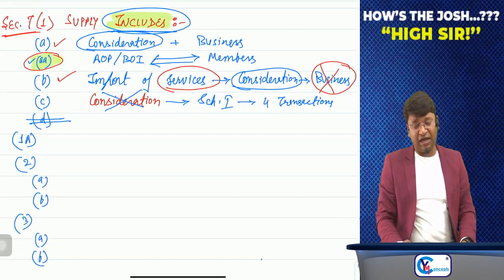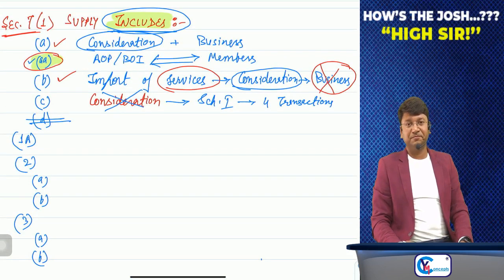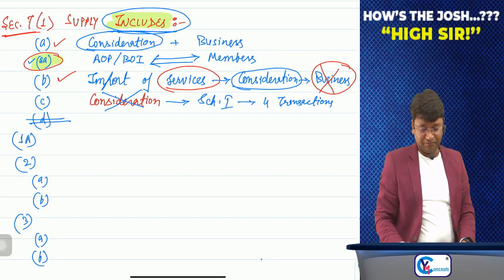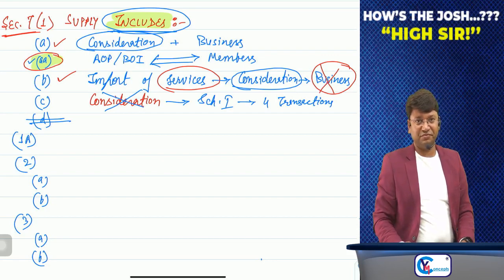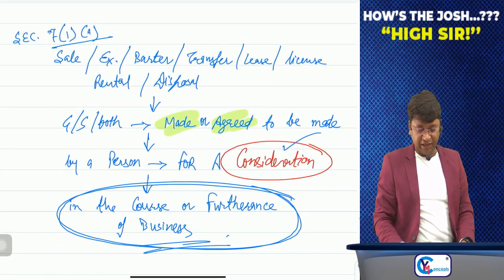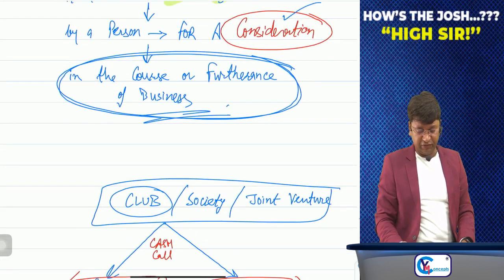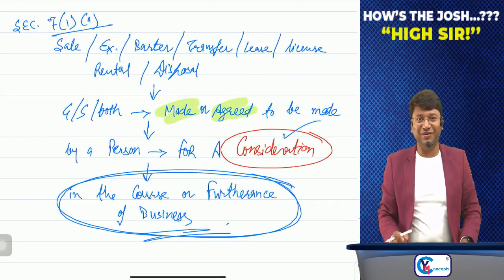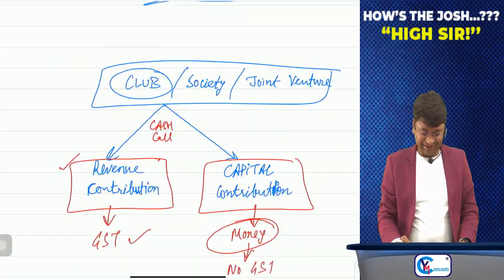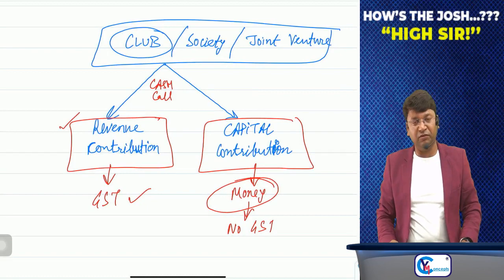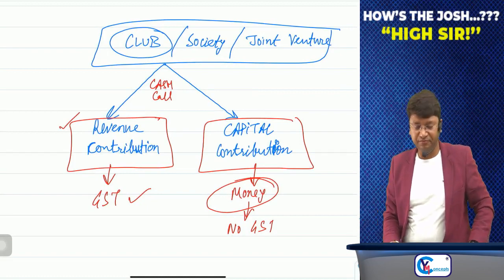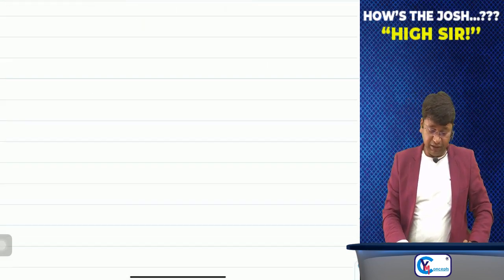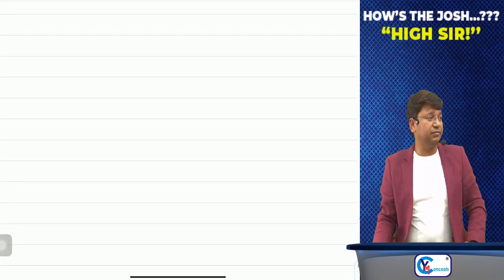Then this is the term supply which we have just begun with, and a very important term. Then this is the explanation of section number 7(1)(a). In our own writing, you can copy it. And then this is the example of that circular. Done, sir. That's it. We'll be beginning with section number 7(1)(c) from the next session.